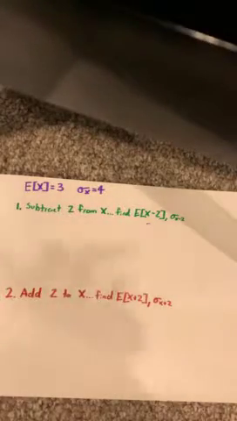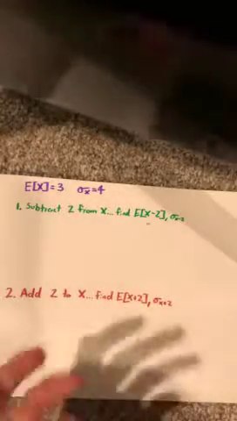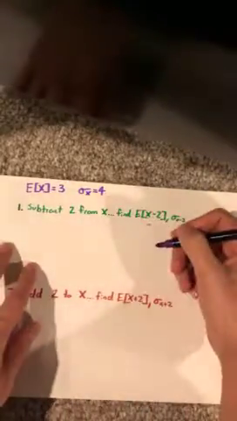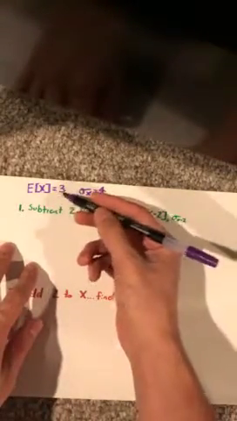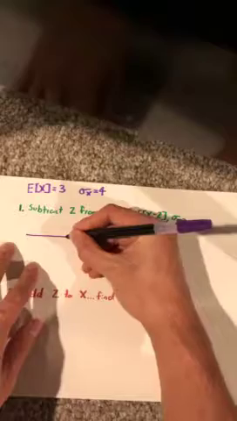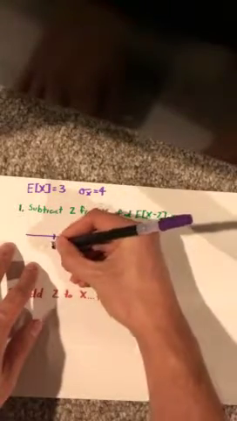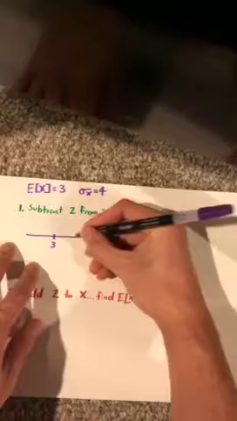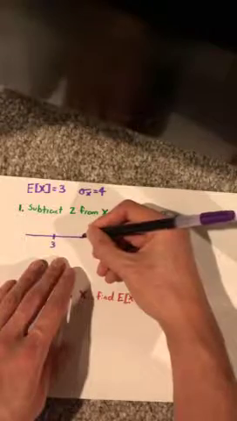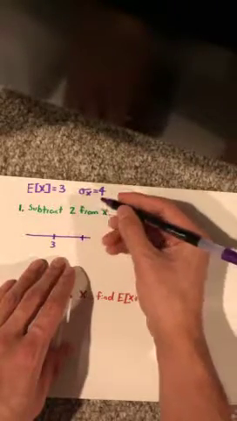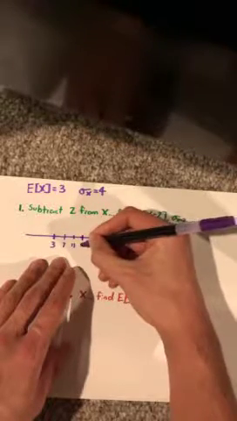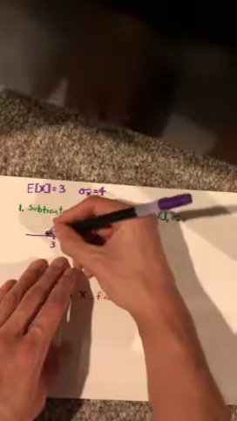First of all, this is like what you learned with data distributions, but as a visual, let's consider a distribution. In this case, our E of x is 3, and our standard deviation of x is 4. If we draw a little diagram, we'll mark this as 3, that's our center. Almost the entire distribution is within 3 standard deviations of the mean. So we'll keep this standard deviation at 7, 11, and 15,